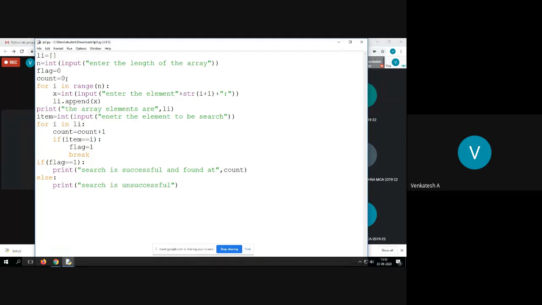For example, in the first iteration it becomes 1, in the second iteration 2. Let us assume in the second iteration we found the element that we want to search, then count is equal to 2. That means the item is found at the second position. To indicate that position value, we use count. You can use count or position, any meaningful variable.